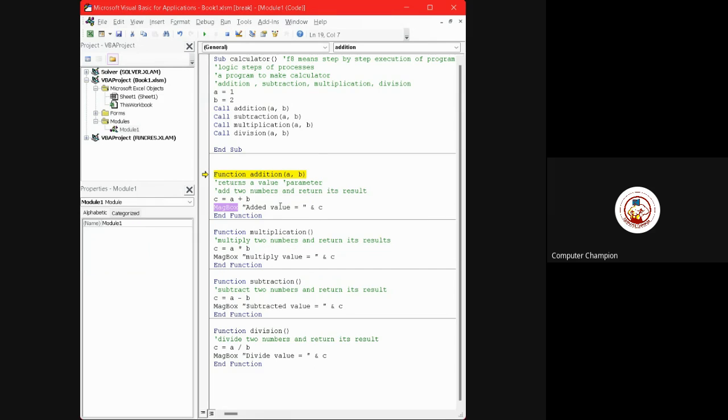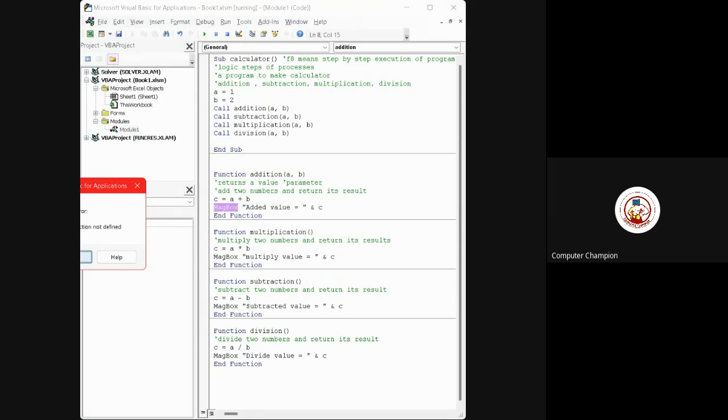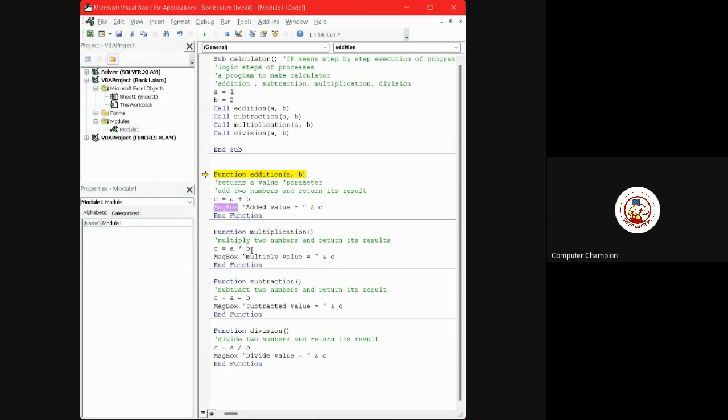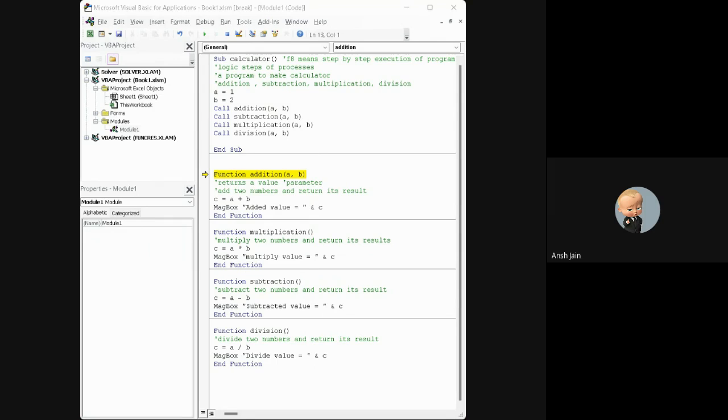Because you are getting an error in the message box. Just show me what the error is here. Subroutine or function not defined. Okay, just click okay. It's showing me for subtraction, not for addition. No, it is showing you in the addition only.